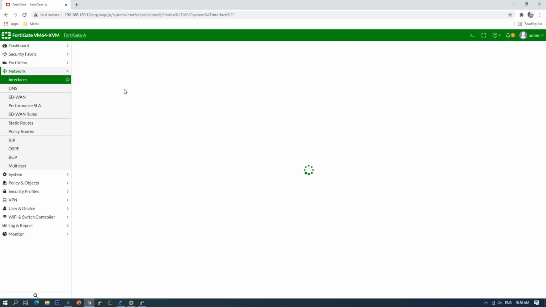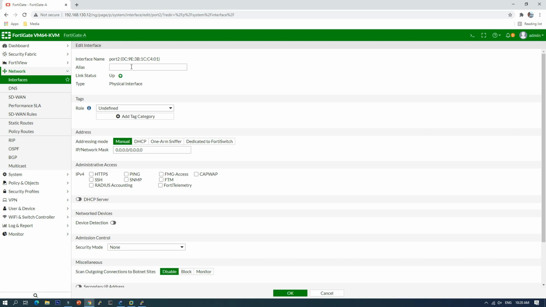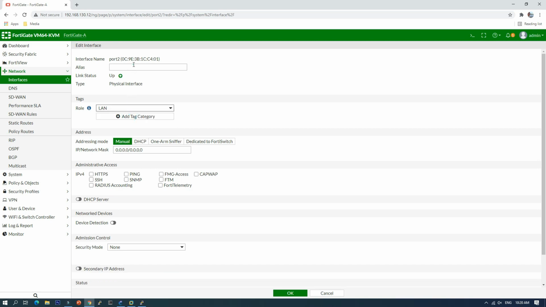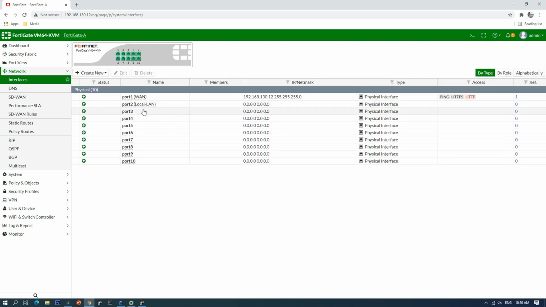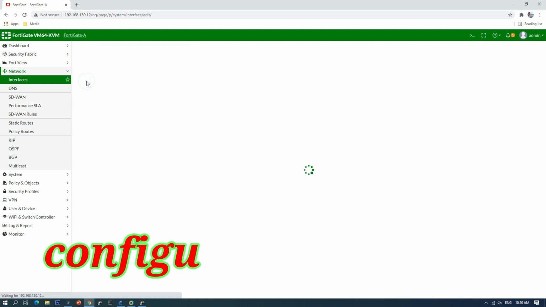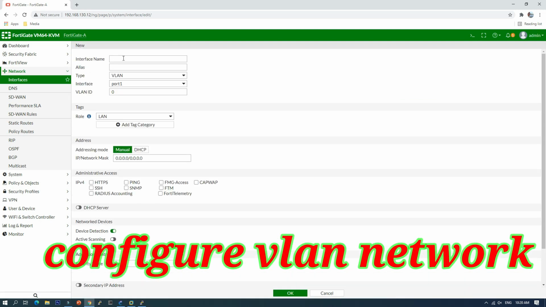We can say local LAN. We do not configure the IP address on the local LAN itself because we will use VLANs.